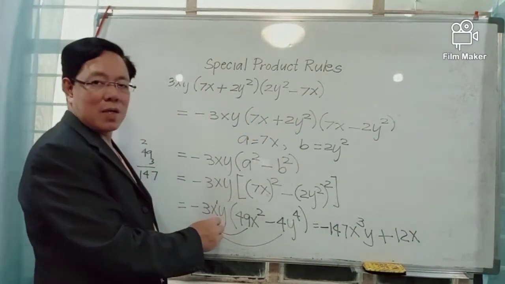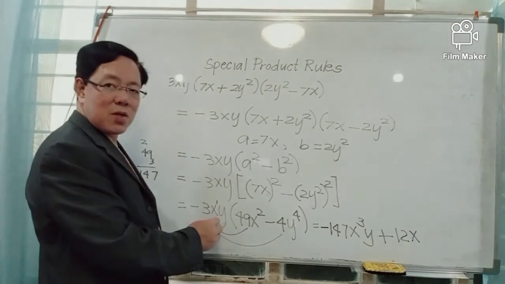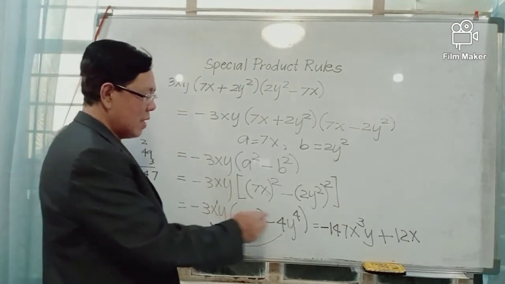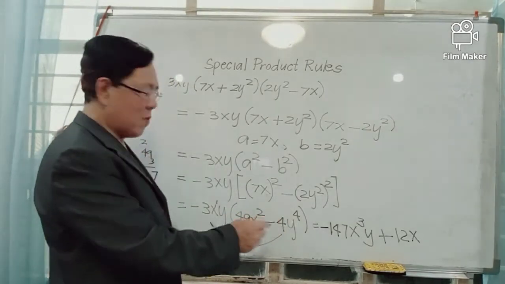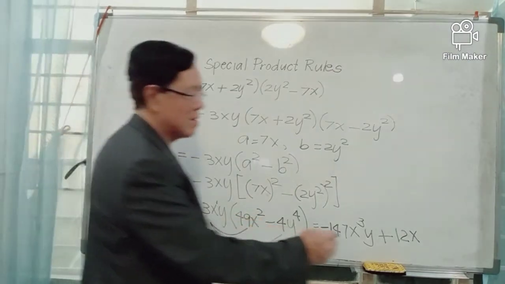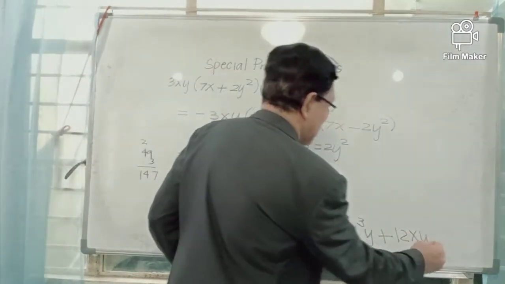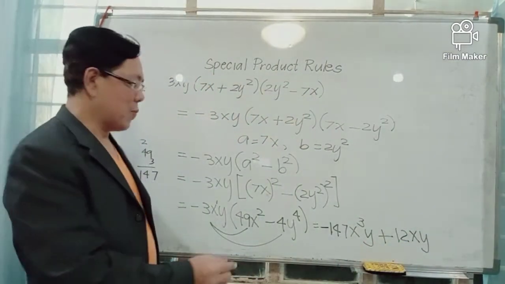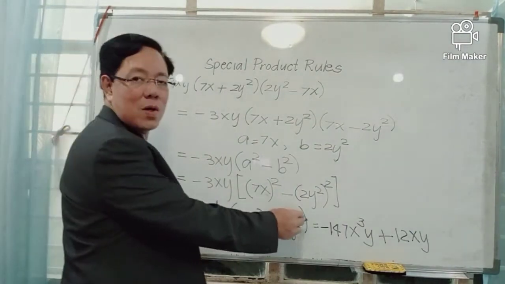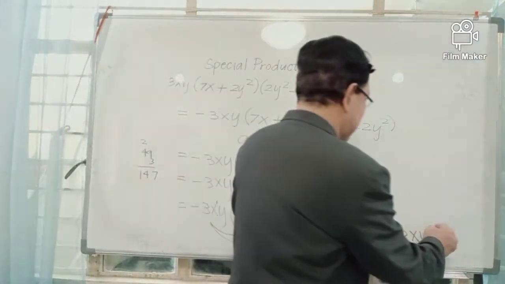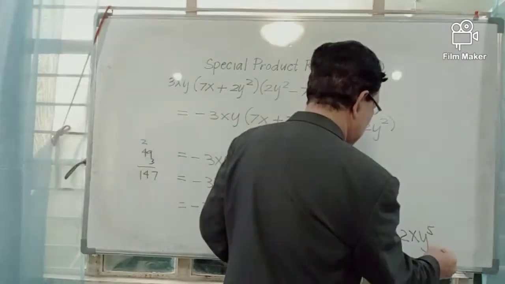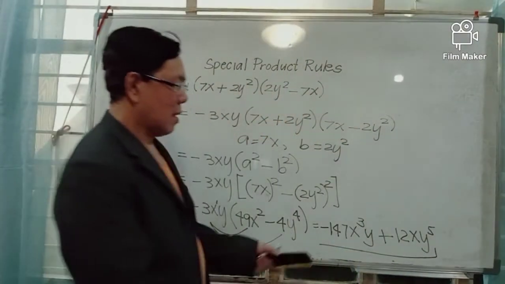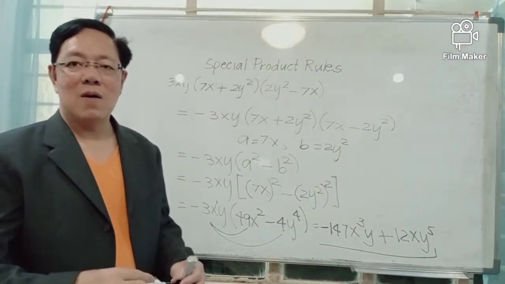And multiply the factors y. And y raised to 4. Common base is y. And we add the exponents of y. 1 here plus 4 here is 5. And that's the product of the given